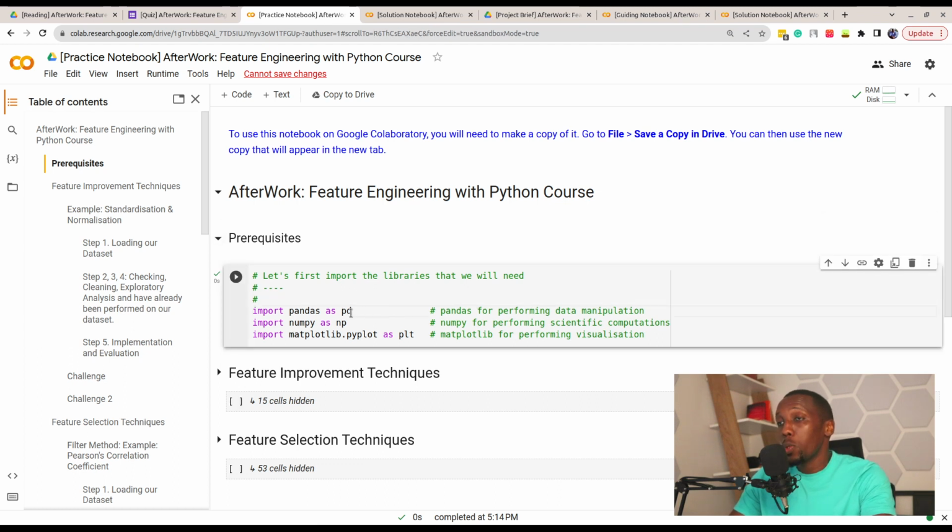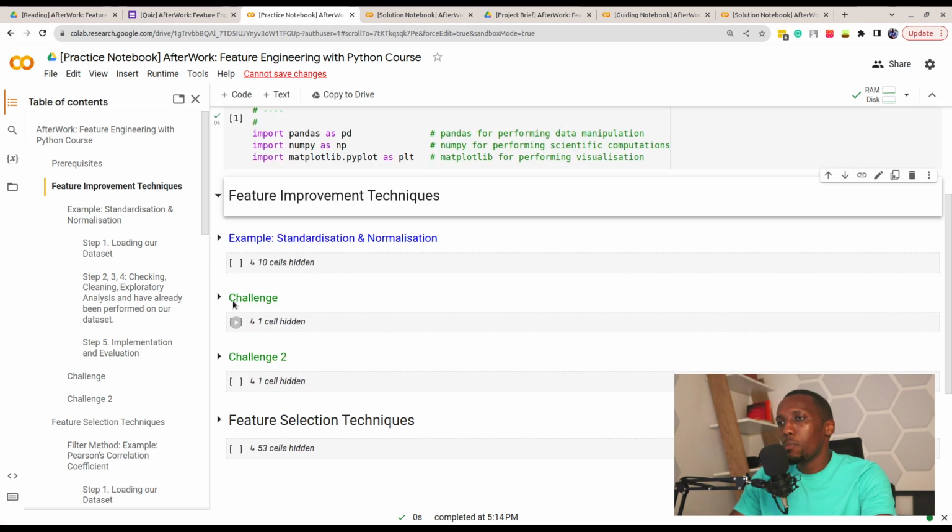So by running this cell, we have imported pandas, a library for data manipulation, NumPy for performing scientific computations, and Matplotlib for performing visualizations if we want. We will actually perform visualization at some point when we are selecting features. So once you have run that, the next thing that we're going to go through is some feature